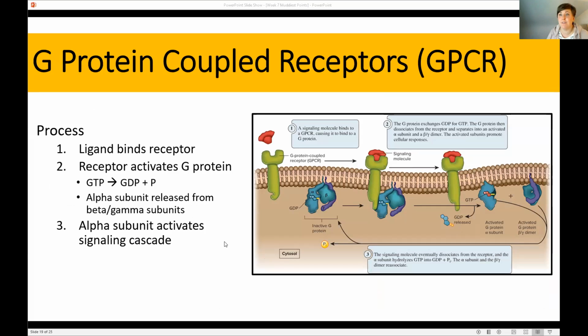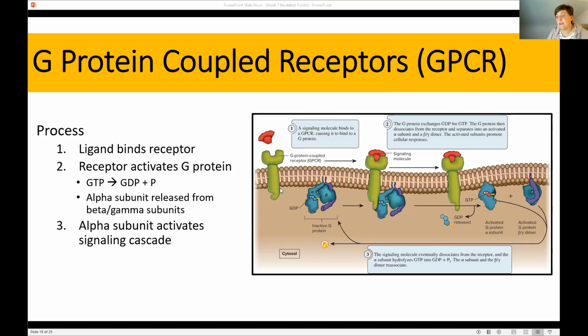So essentially, instead of adenosine triphosphate, it's guanosine or guanine triphosphate. I can't remember what it is, but it's G instead of A. But it's the same thing. You have a triphosphate, so high energy 3-phosphate group bond, and you use the energy in that third phosphate bond to set off a signaling cascade.